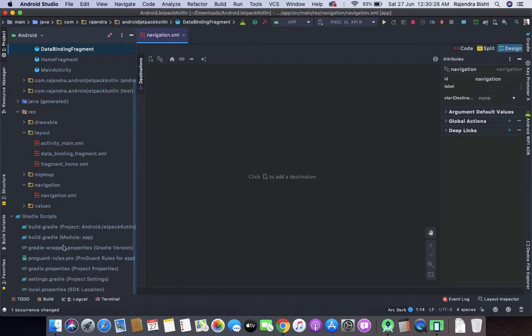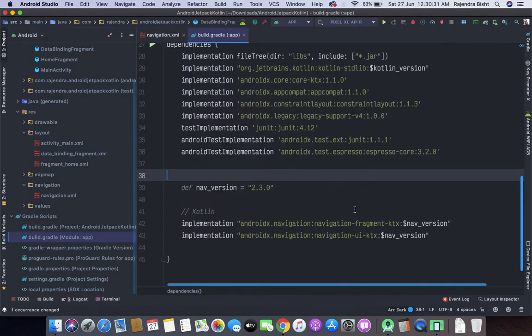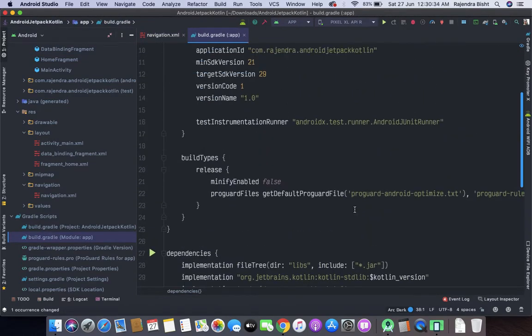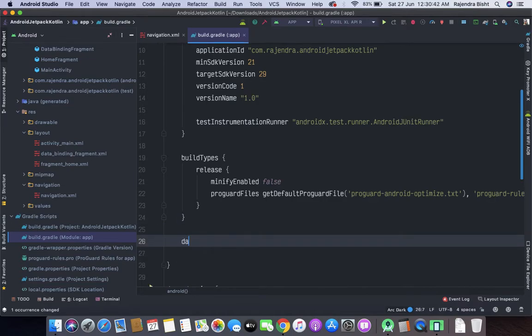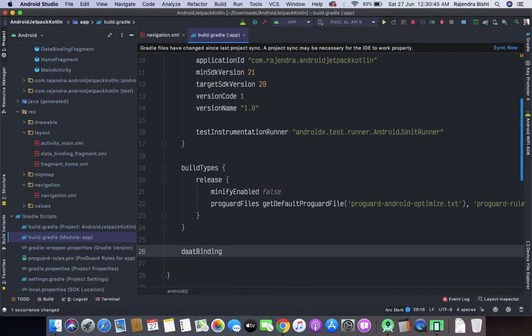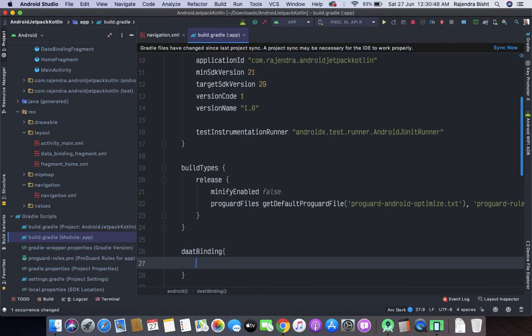So first of all, for using data binding, we need to add a line in the build.gradle file so that data binding can be enabled. So here we will add true, and we will sync this project. It will automatically add the dependencies which data binding needs.